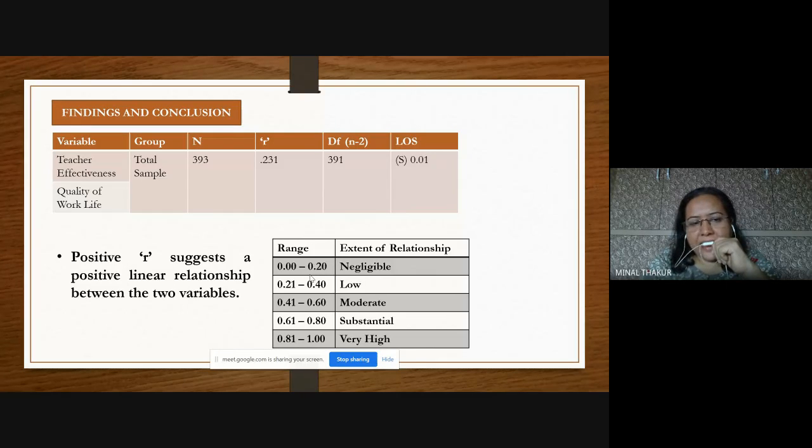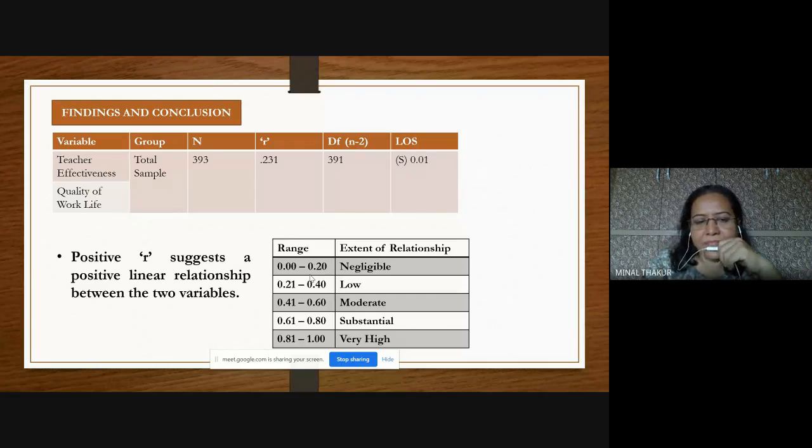Now what is the value that I got? 0.231. And where will this value fall? It is going to fall in this particular range, 0.21 to 0.40, and therefore the relationship is low. The best example I can give here is, suppose you have a class test of 10 marks. Out of 10, if somebody scores 9.5, you say wow, very scholarly. If somebody scores 1 or 1.5, you will say she is failing. In research, there is nothing like failing.